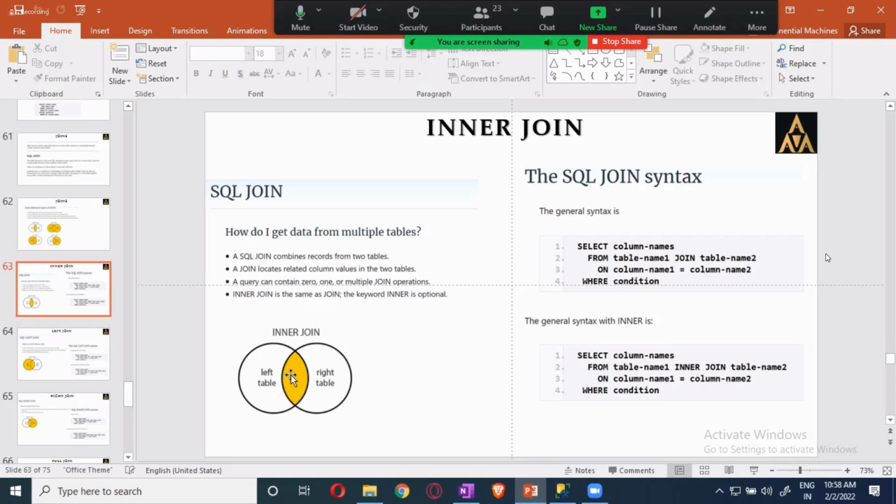Whichever is matching, you can't take it as an intersection. Matching common column records, common values, only those records you are going to get. Non-matching records you will not be getting. The common column we are using is CID. The CID of the student table should be matching with the CID of the C table. Then only we are going to get it.